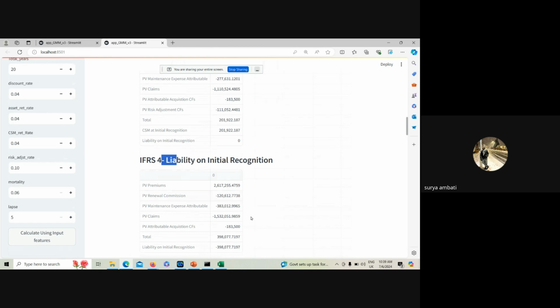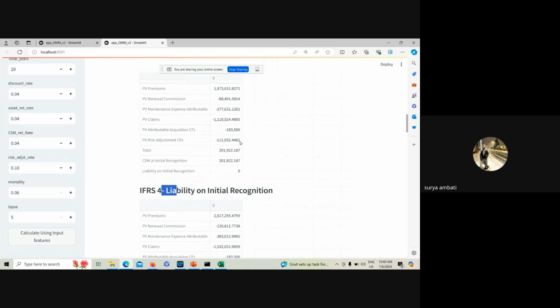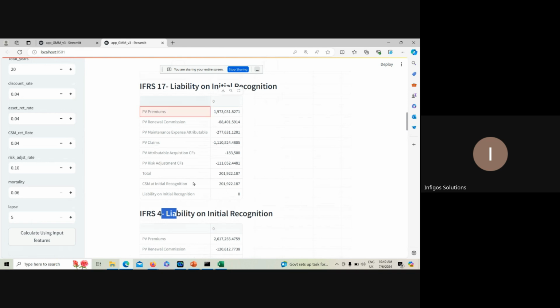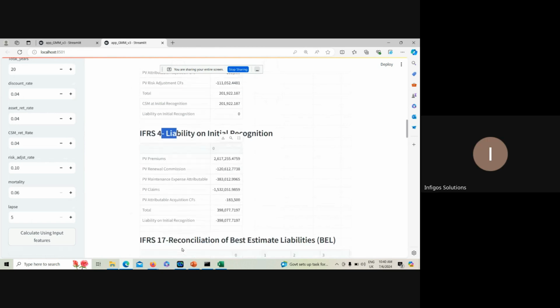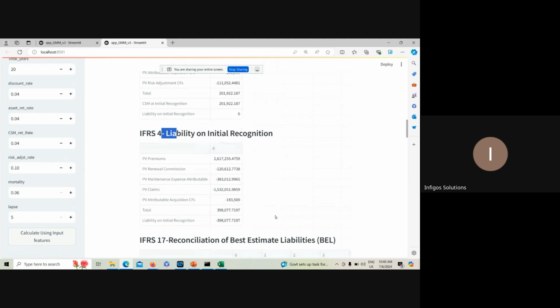But in IFRS 17, is discounting applied? Yes. And where can we see the number differences between these two? You have to look at this particular value and this value, this value and this value. IFRS 17 has too many values, while IFRS 4 has few because it was simple. But because of the lack of comparability between different companies, different industries, and different countries and regions, it was rejected.